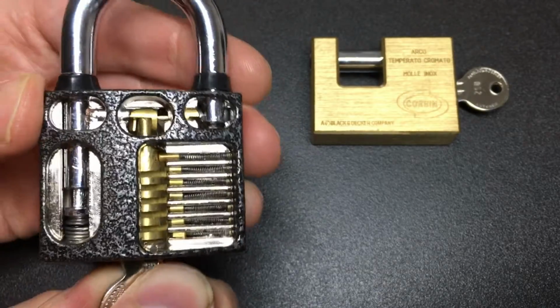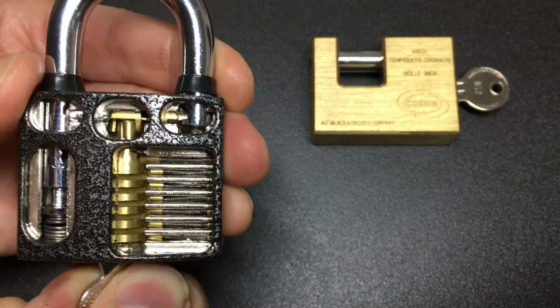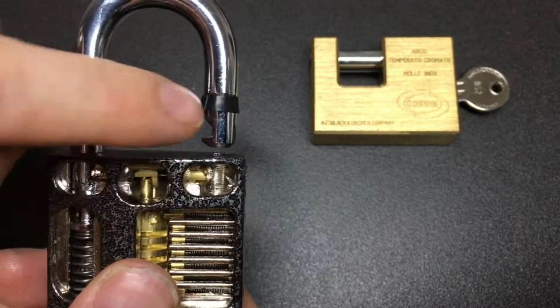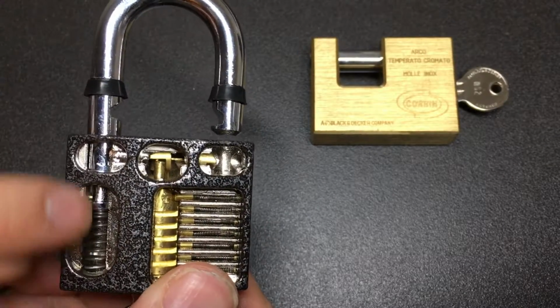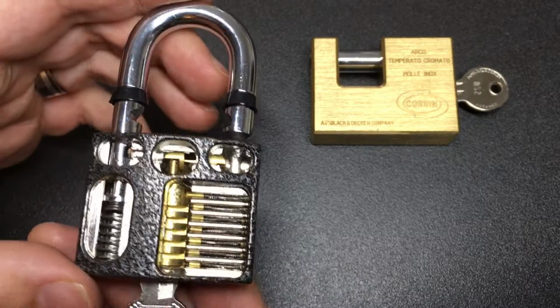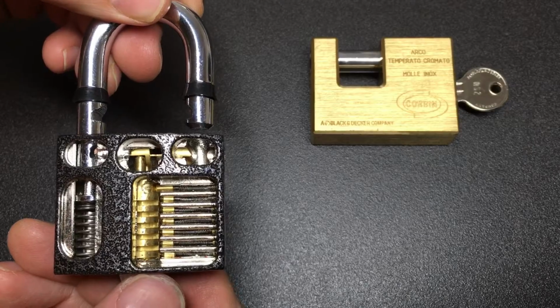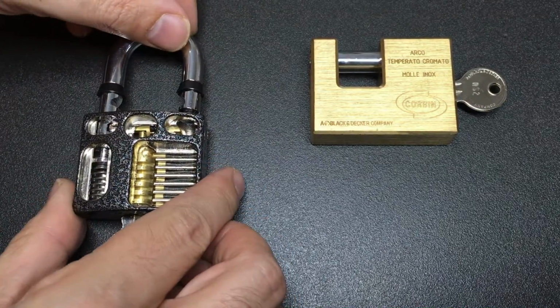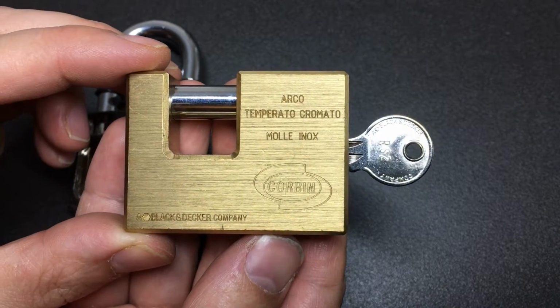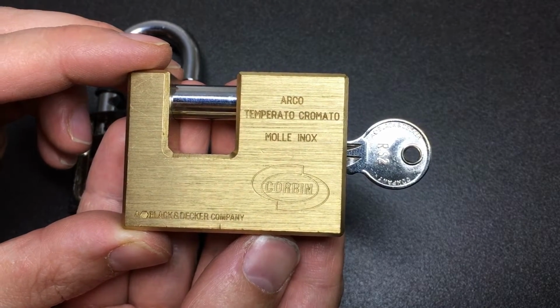The actuators at the back of the lock pull apart the locking pulls, which retract from the cutaways in the shackle, allowing this powerful shackle spring to push the whole thing out of the lock body, providing you with the open. Now, if you're like me, you'll have seen these monoblock padlocks, these shutter locks, and thought to yourself, well,